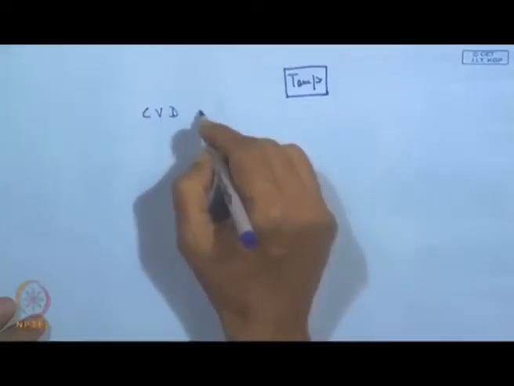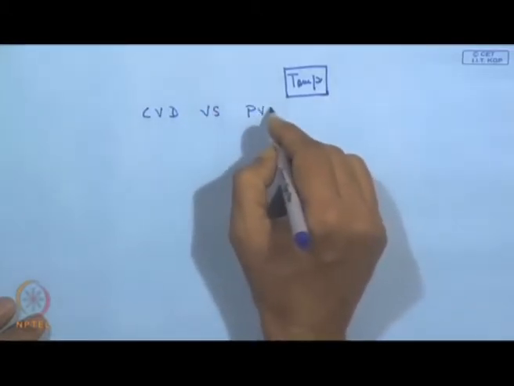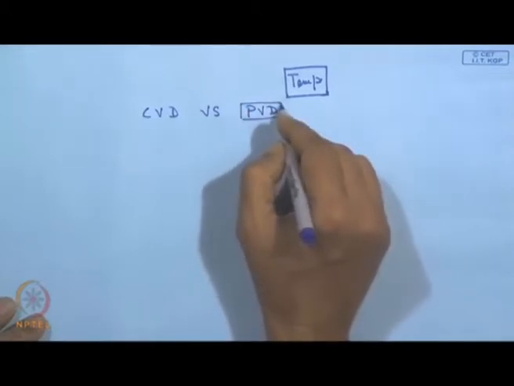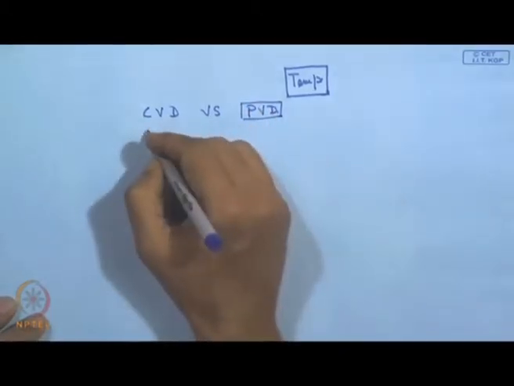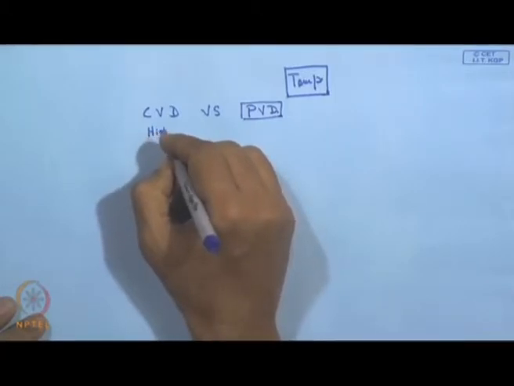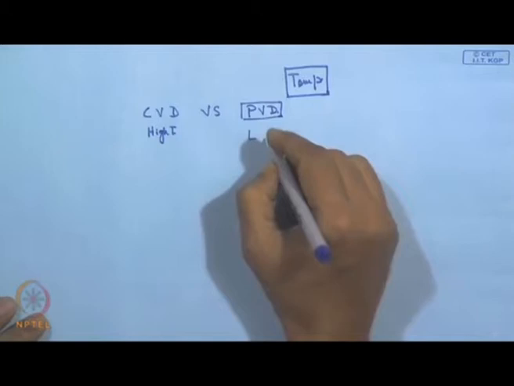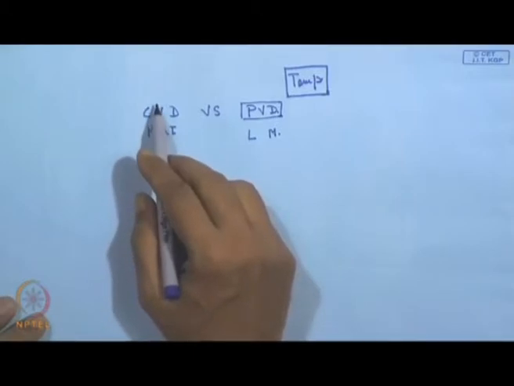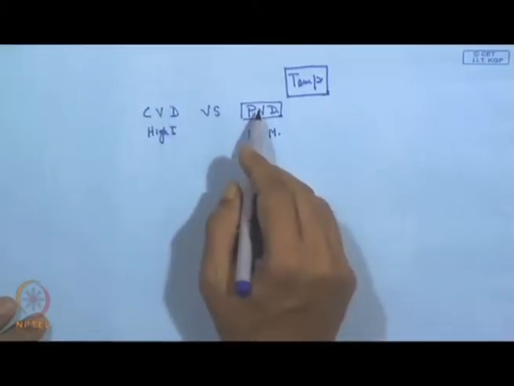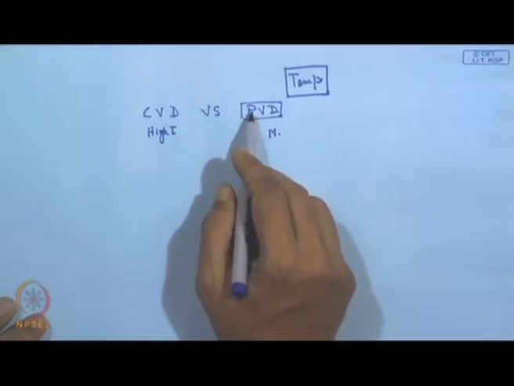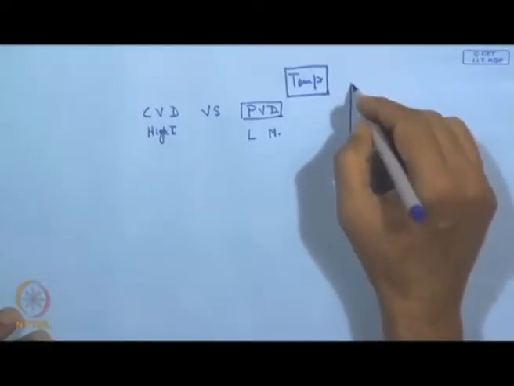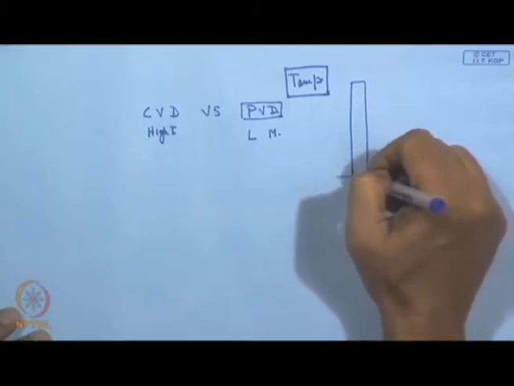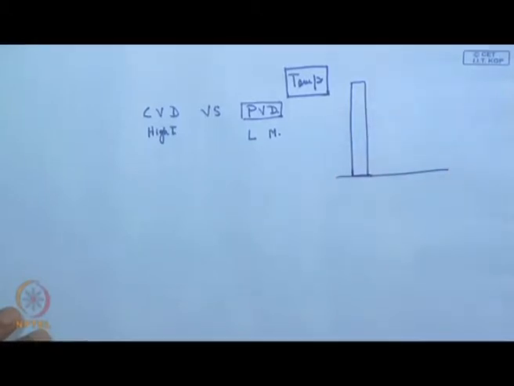Now, when one compares CVD versus PVD, immediately the thing one should look for is the temperature requirement. This is high temperature, and this is low or moderate temperature. Here what we understand is that this is fully thermally activated, and this is mostly plasma activated, followed by a little support from thermal activation. That means, if we consider this as the energy requirement for any reaction to take place,